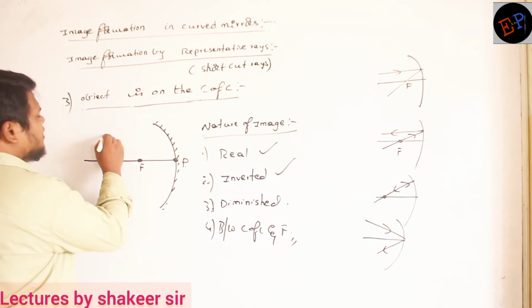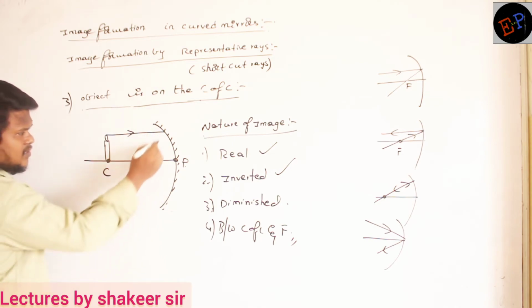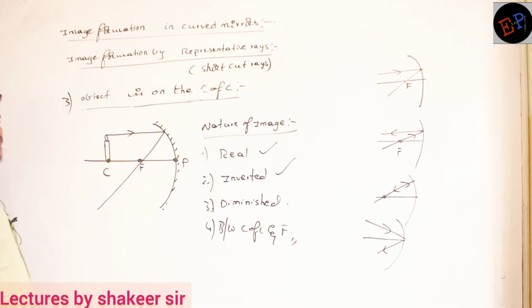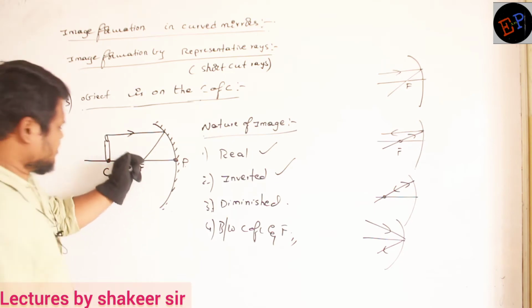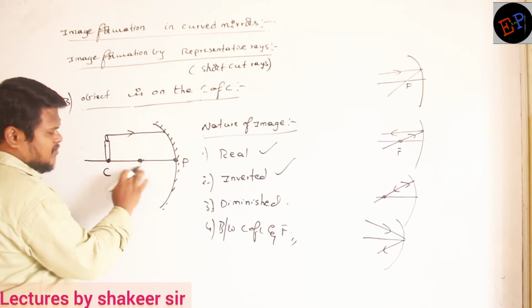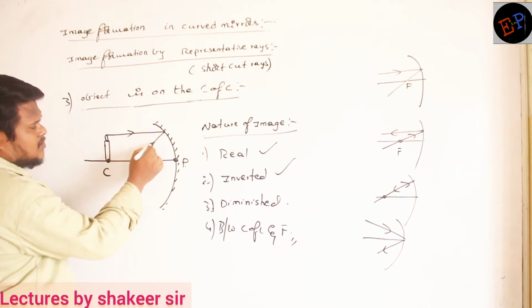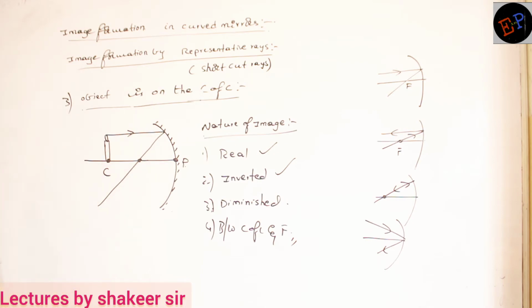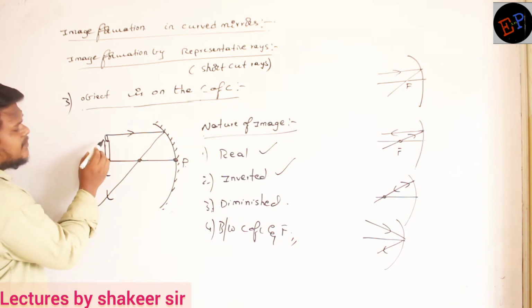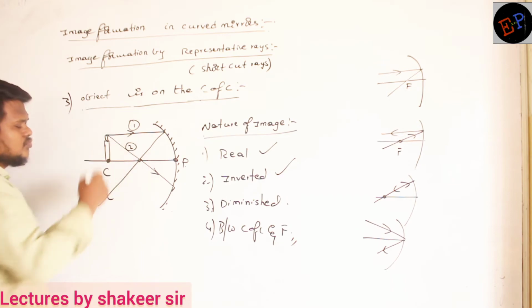See, the light ray passing parallel to the principal axis. Where should it pass, ma? It should pass through the focus like this. So exact diagrams we cannot get, ma, because we are human beings, no, we always make errors. Let us try to draw a good diagram. So the light ray is passing through the focus. Okay. Now take one more light ray. Light ray passing through the focus. Representative ray number 2. Okay.